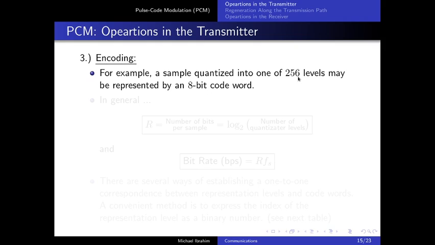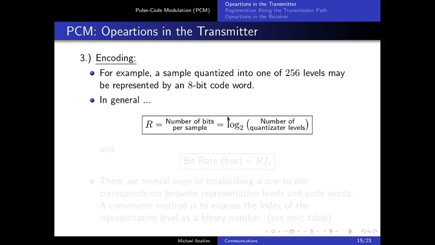So the number of levels in a quantizer is translated into bits. In general, the number of bits per sample is log to the base 2 of the number of quantizer levels. If you have 256 quantizer levels, log of this number to the base 2 will give you 8, which is the number of bits required to